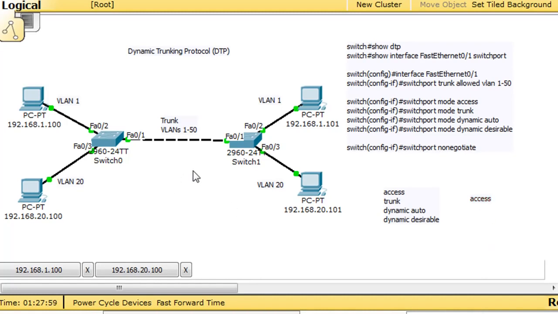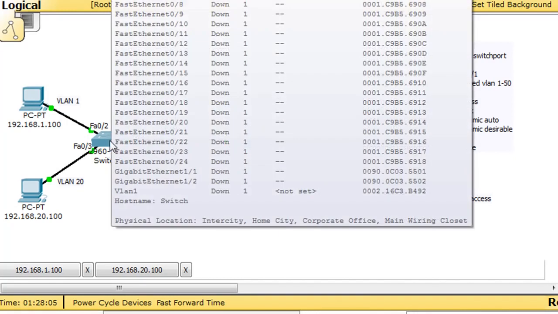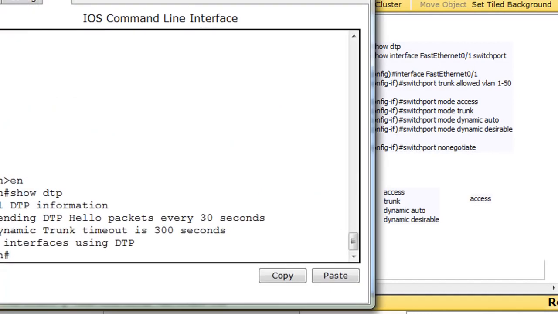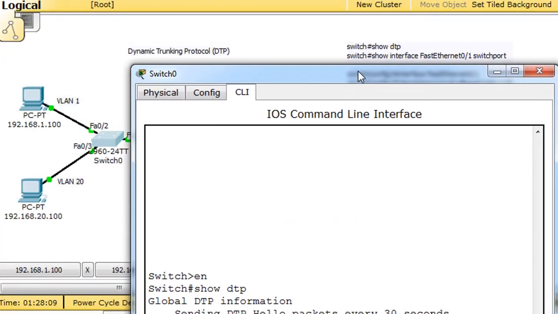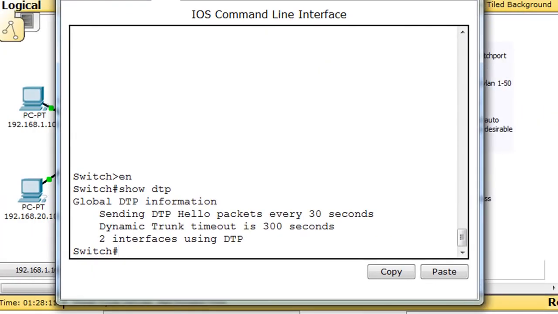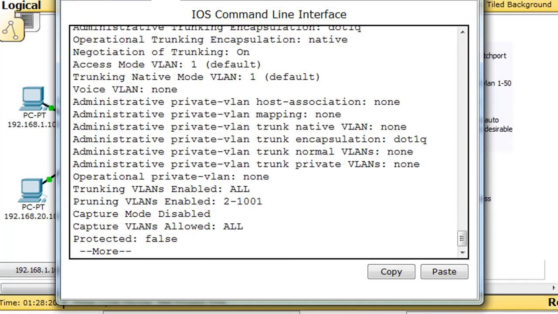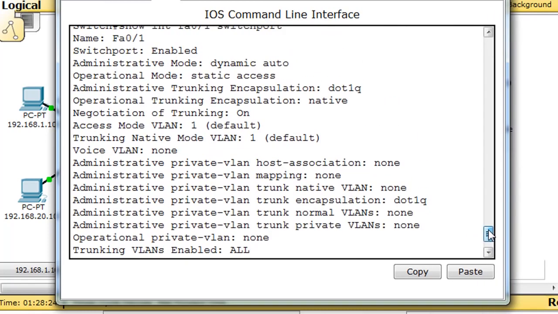So what we can do though is, so they're both in dynamic auto, right? So let's see here. We'll do one other show command. We'll say we're going to do show interface fast Ethernet 0/1 switchport. So we'll do show int for interface FA 0/1 switchport. Okay, and when we do that, you can see that